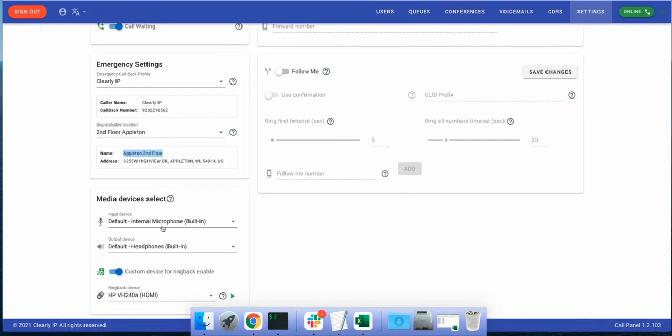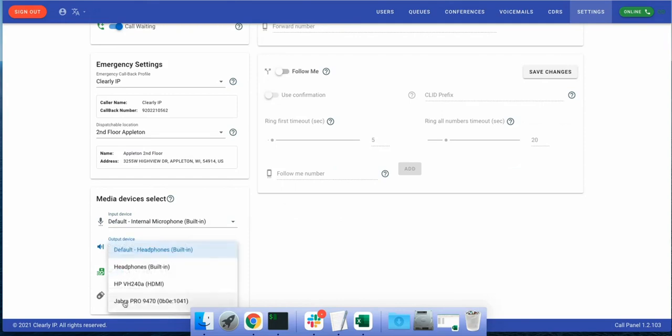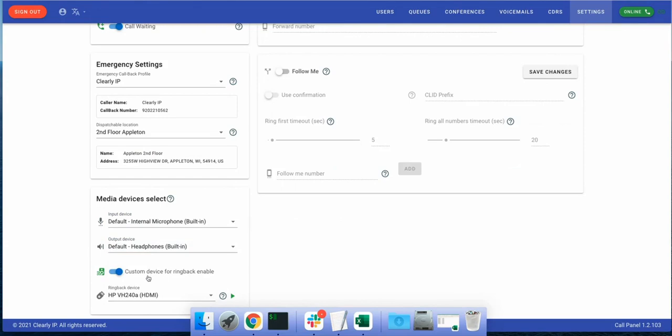And then I get my media devices for the built-in soft phone. I can pick what my input and output is. So I can set my headset here for input, and I can set my headset for output. And then I can set where I want ringing. If I receive an inbound call, I may want that to ring on my speakers, not my headset. And that controls the drivers related to the built-in soft phone, which is up here, the little green